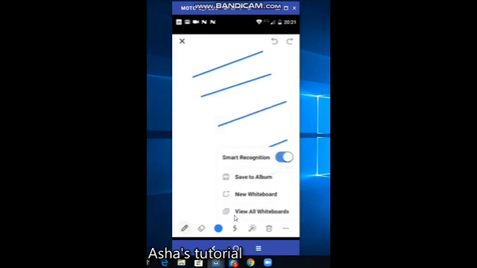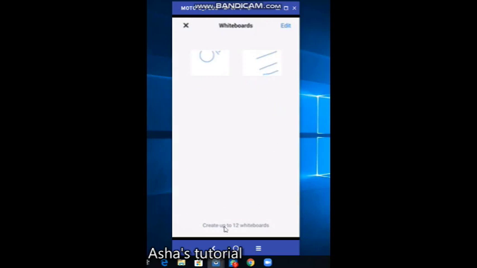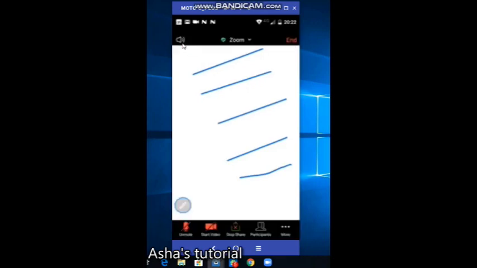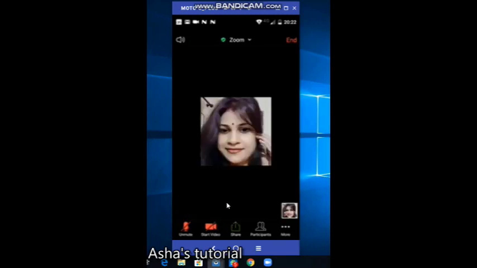Like this I can take any number of boards, view all whiteboards. Here there is an option of 12 whiteboards. Okay, I'll close it. If you want to undo whatever I did before, you can undo it and you can redo it.